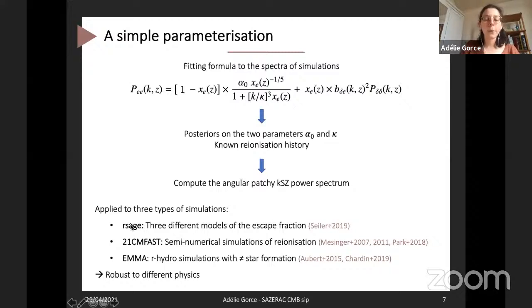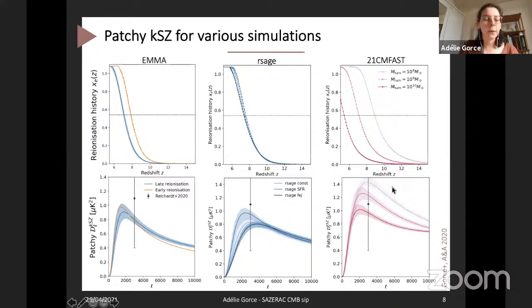And then we also chose to analyze 2 different types of simulations: the SAGE one I mentioned before, and also 3 different runs of the 21cmFAST simulations, which are quick and easy to run semi-numerical simulations of reionization. The idea was to check if our parameterization was specific to the first simulation we looked at, or if it could actually be used on many different types of simulation. It was general enough. So here are the results.